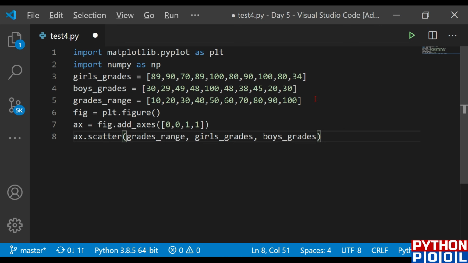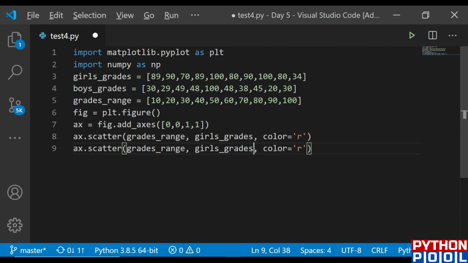And after that I'm just going to define the color. I want red color. Okay, I don't want to give the boys' grade here, because first of all I want to plot the girls' grade, then I want to plot the boys' grade. Girls' grade with the red color, and let me copy this one, paste it here, replace this with boys' grades, and let me set the color as blue.